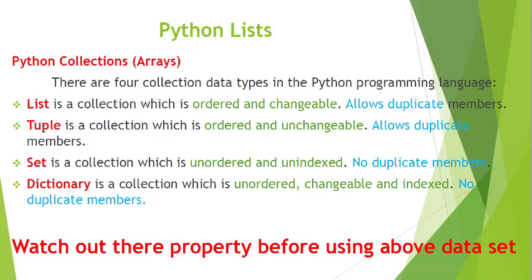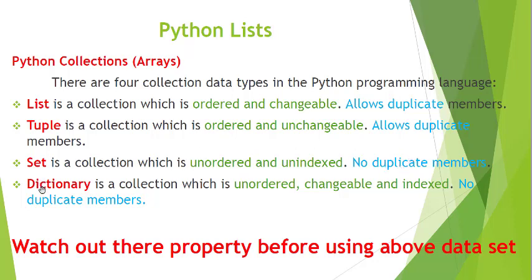And then there is a tuple, which is ordered and unchangeable. This is like an array which you can't change, like a constant array that has some values in it. Now you can't change. That's it. That's a tuple. And it allows duplicates too. Now set is the collection which is unordered. There is no order in it, and it's unindexed. There's no index in it, so no duplicate members are also there because it's unordered, so we can't have a